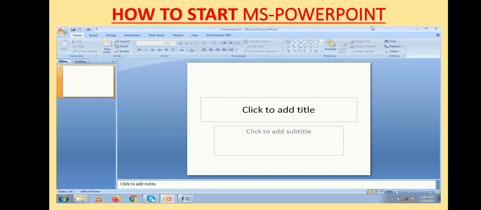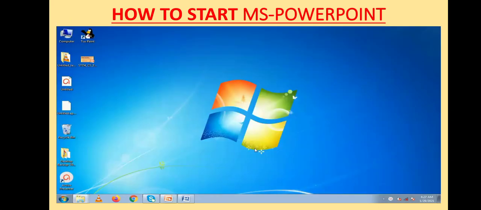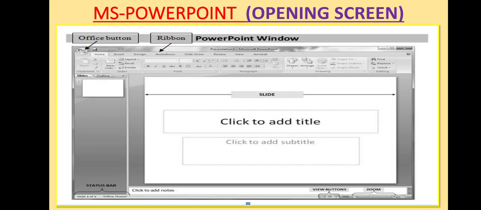This is the opening screen of Microsoft PowerPoint. Various features of this opening window we will study in our next slides. So this is the opening screen of MS PowerPoint.